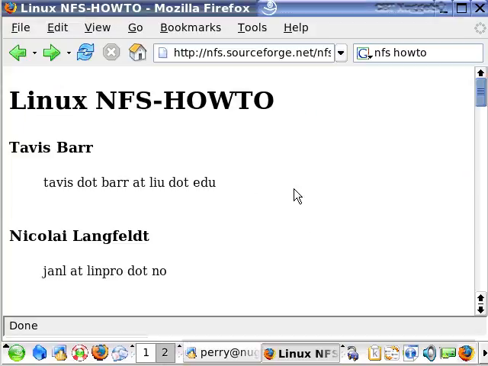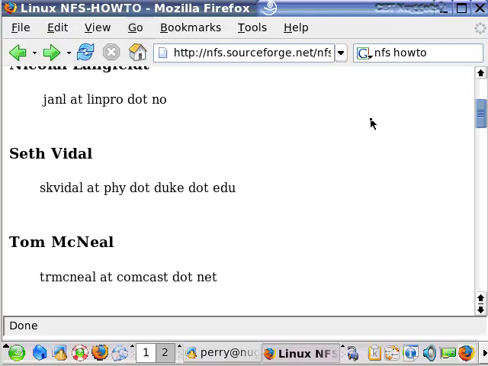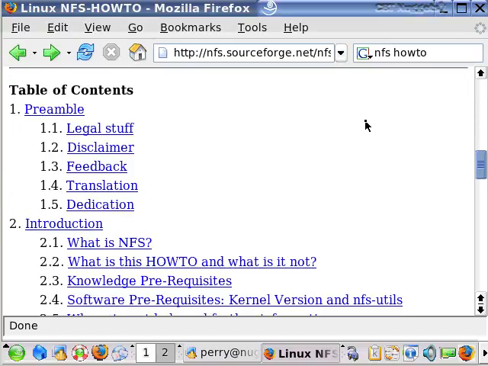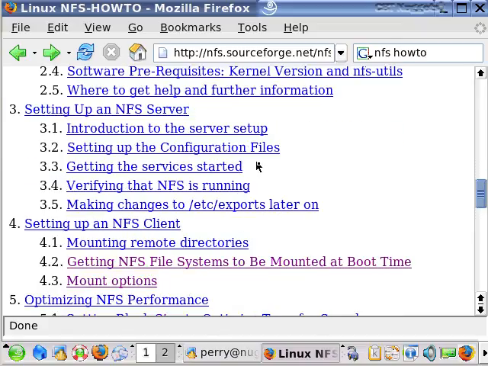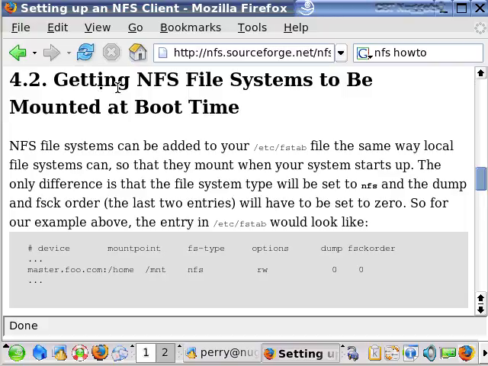One last thing I just wanted to point you to is the Linux NFS how-to. If you search for NFS how-to in Google, you'll find 100 different copies around the internet of this file. It's a very thorough file. It talks all about NFS, gives you some background knowledge, talks about setting up a server and a client like we've done. One of the things that we didn't talk about on the client side was how do you get